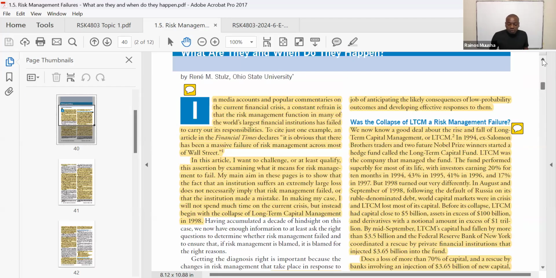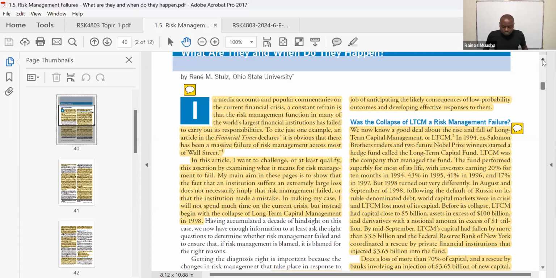So here, we are going to look at this. When it comes to scenario planning, we are going to look at it in more detail when we look at study unit 2, as well as when we look at study unit 9. We're going to look at scenario planning in more detail there.